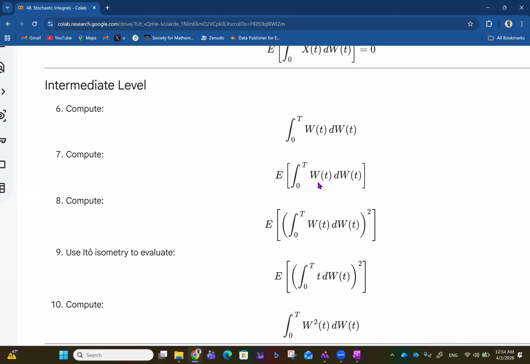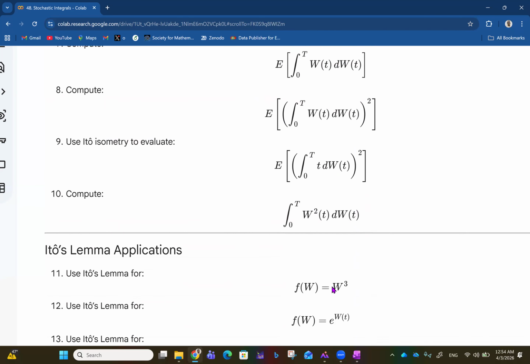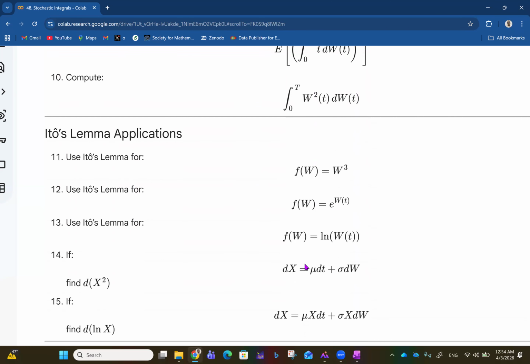And then we want to find the expected value of this. So I'm going to be solving question 10, that's the integral from 0 to t of w squared of t dw(t). So watch out, I'm going to solve it after going through these questions. And then Ito's lemma applications. So you can use Ito's lemma for f of w is w cubed. Use Ito's lemma. It's just like you take the formula and fit this into it. That's basically what the application is about. That was what we did. We had a problem, then we left it alone and came back